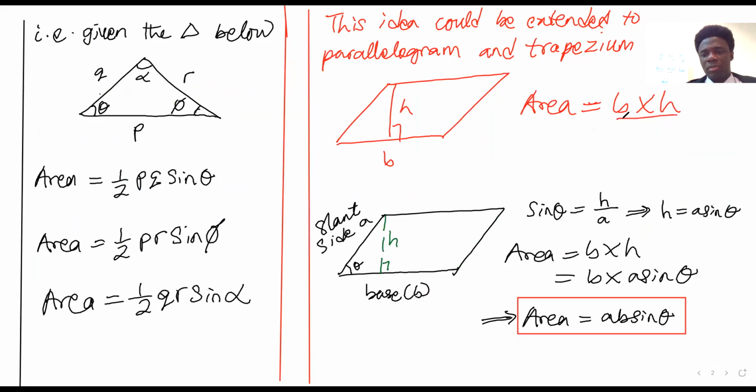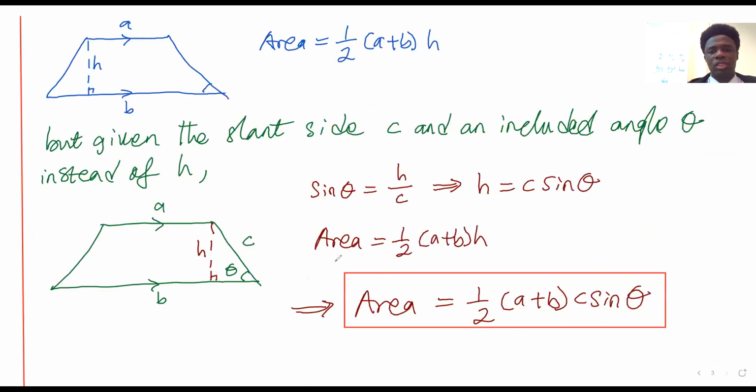For this, instead of base times height, it becomes ab sine theta, where a and b are the sides, and theta is the angle between them. And for this one, instead of half (a plus b) times h, it becomes half (a plus b) c sine theta. You can see a pattern here. So this is the trigonometry approach to finding the area of a triangle. Okay. Now,